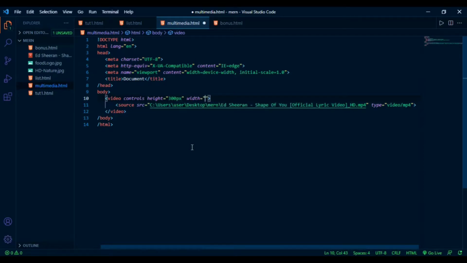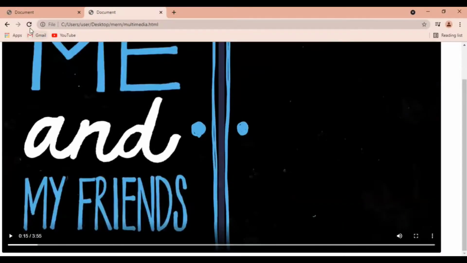You can give any value you want, it depends on you. And width is equal to 50%. 50% means it occupies 50% of our width. Now see, we get the desired output.